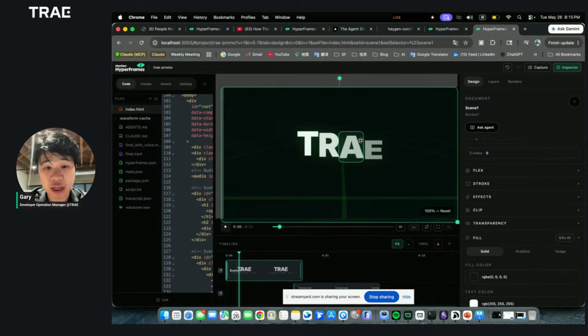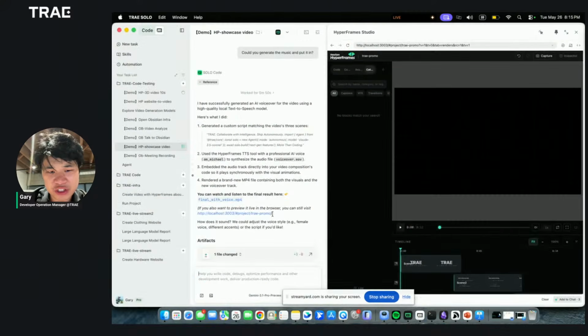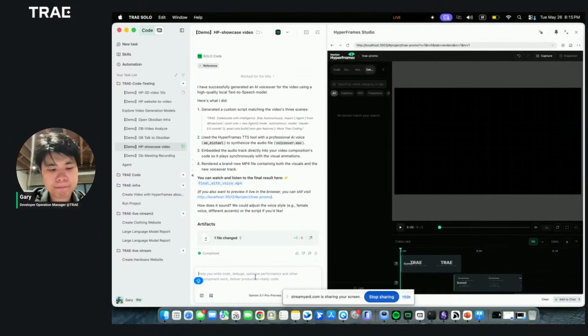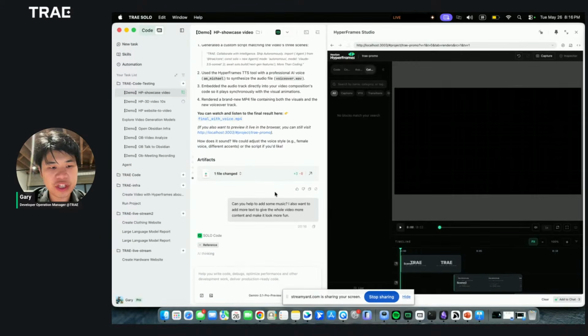So for example, we can also make some different edits. We can just say, can you help to add some music? And also I want to add more text to make the whole video have more content and look more fun. Okay, so we just give the instruction to Solo, and then Solo will directly control the editor on the right side.